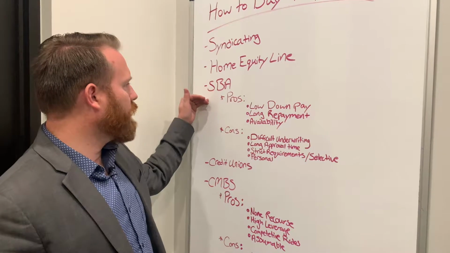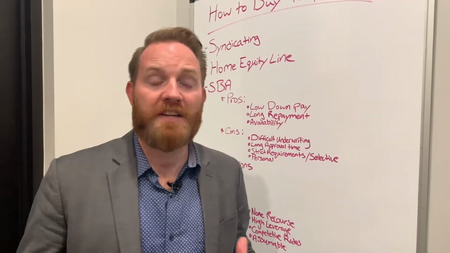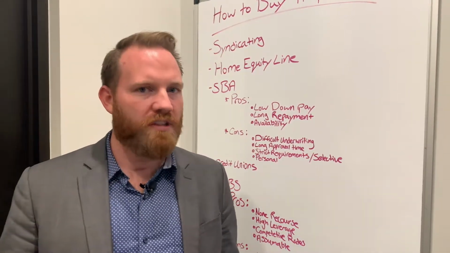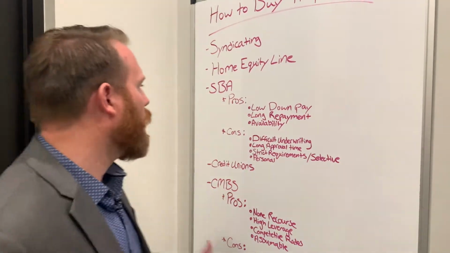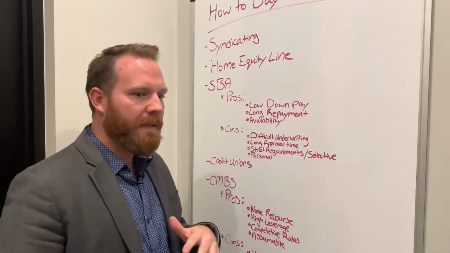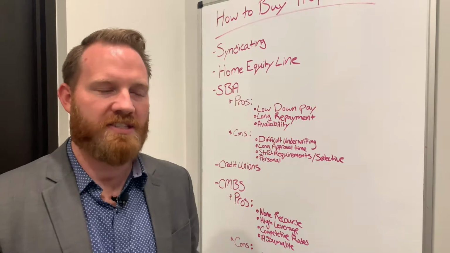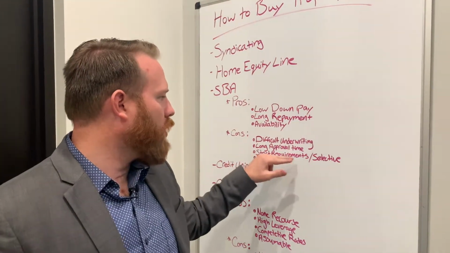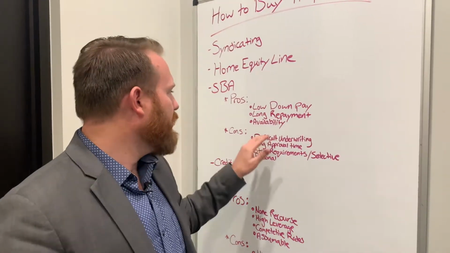The next level that a lot of people look towards is an SBA loan. SBA loans have lots of pros and lots of cons. I am personally not a huge fan of it, but one of the pros is a really big pro. One of the pros when looking at it is availability. This means that SBA loans are very stringent on their requirements and acceptance. I think the strict requirements and selectiveness is actually a con, but at the same time, it's